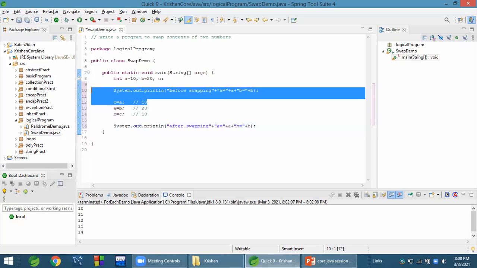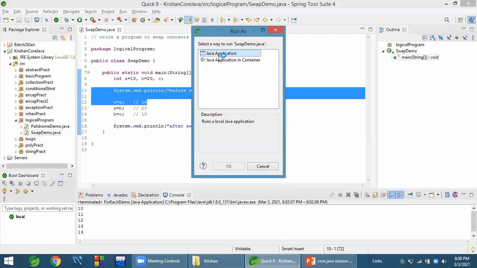Before it will be 10 and 20. Print it. Run this.